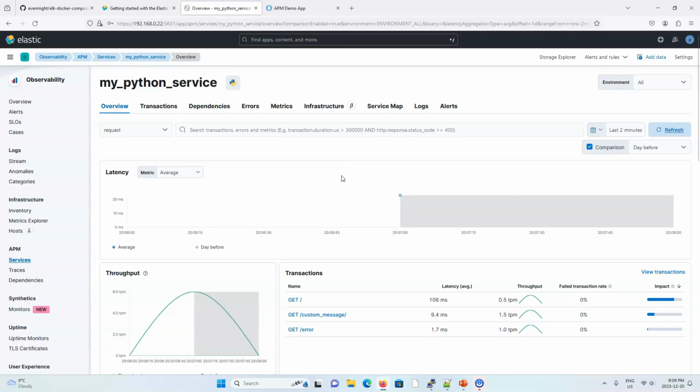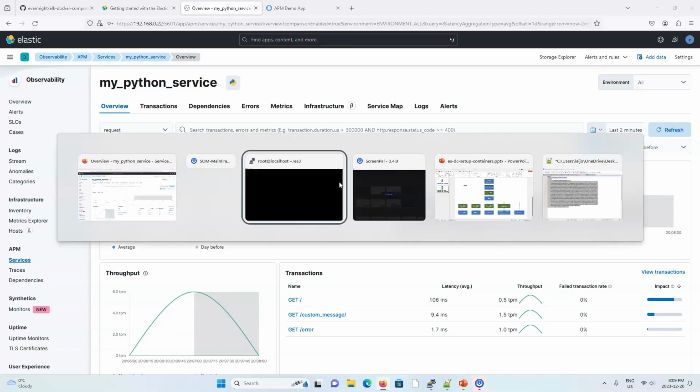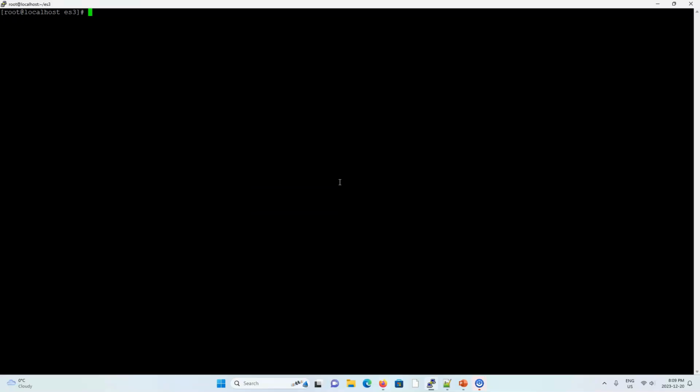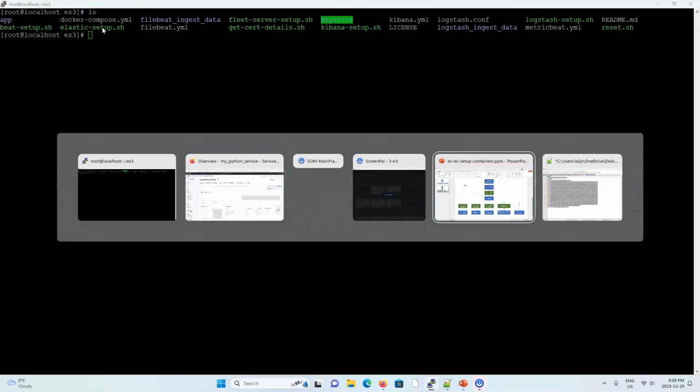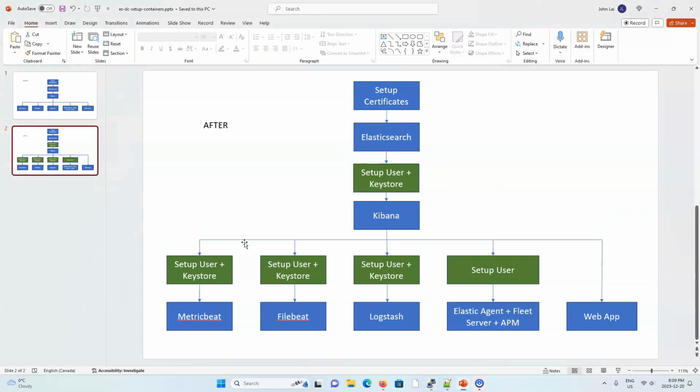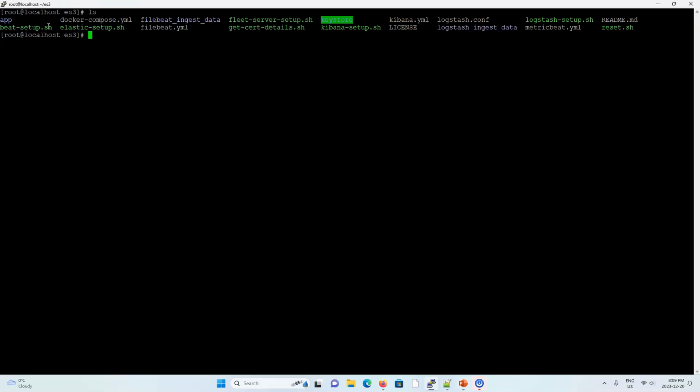In the next video, I'll go into more detail, line by line, on how I've set all this stuff up. But just to reassure you on how things are working, you're going to see that there are all these shell script files here, and they are responsible for doing all the things in these green boxes over here. These containers, or Docker services, basically just run these shell scripts. And in these shell scripts,